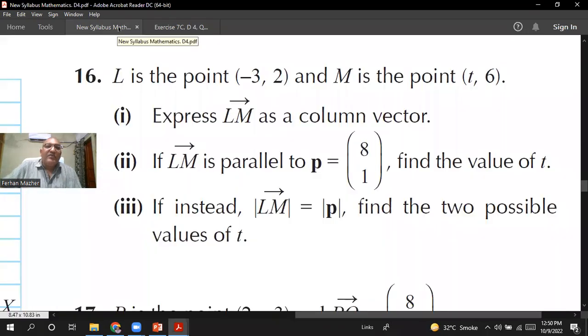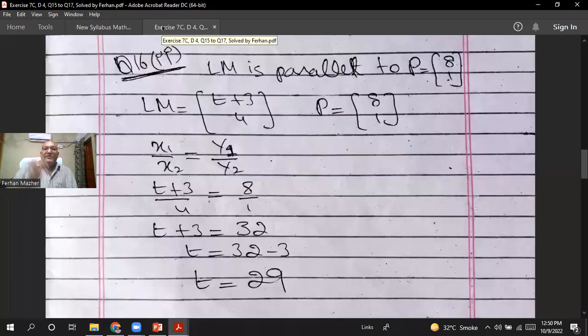Okay. Then they want me to find, if LM is parallel to the vector P, which is 8, 1, the value of t. Okay, LM is parallel. Very simple. LM is t plus 3 and 4, and P is 8, 1. If these two vectors are parallel to each other, the ratio of their x1 to x2 and the ratio of y1 to y2 will be same. So t plus 3 divided by